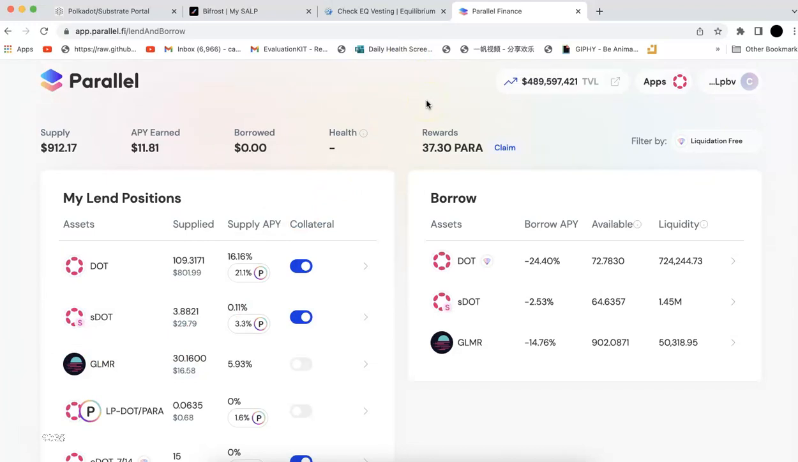Parallel Finance used to have a multi-sig, the same as Bifrost. But recently they have the Crowdloan version 2, which is fully decentralized. So the multi-sig wallet security, you don't need to worry about that. But again, you can consider it's a layer 1, right? And